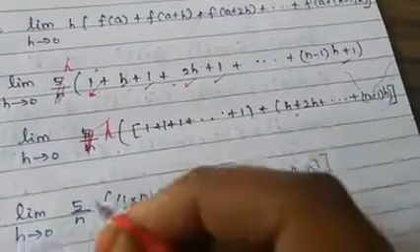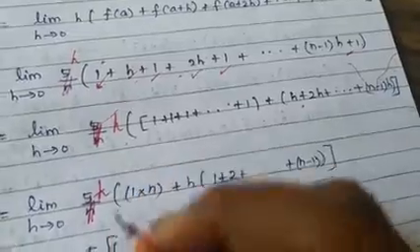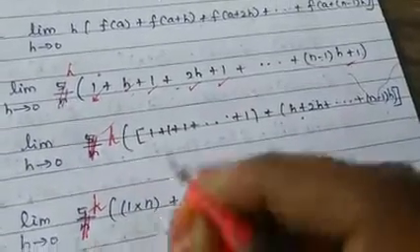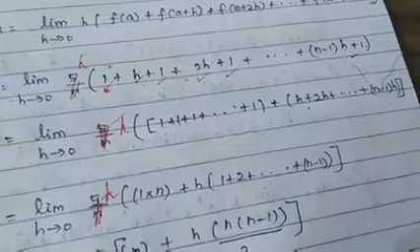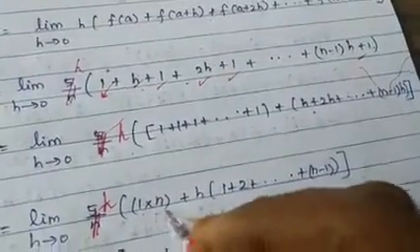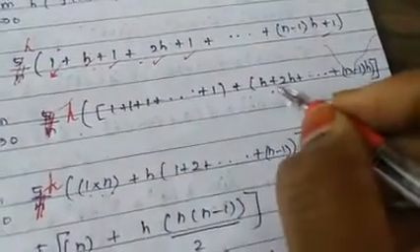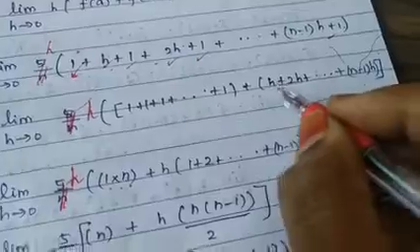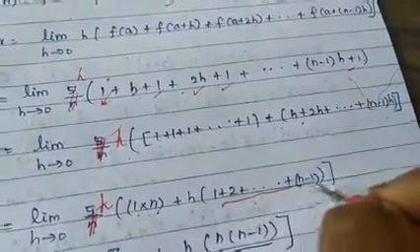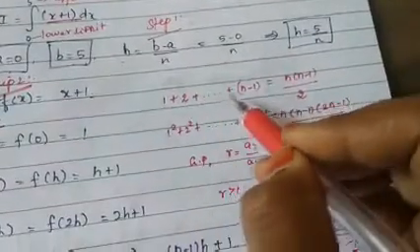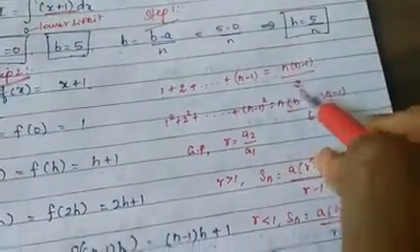In this, the next step, what you need to do is write h itself. Here, how many times is 1 repeated? N number of times 1 is repeated. Therefore, you can write 1 into n. And this you can take h outside. When you take h outside, you will get 1 plus 2 up to n minus 1. Now, this is one of the formulas which I told in the previous video, that is 1 plus 2 plus up to n minus 1 is n into n minus 1 by 2.